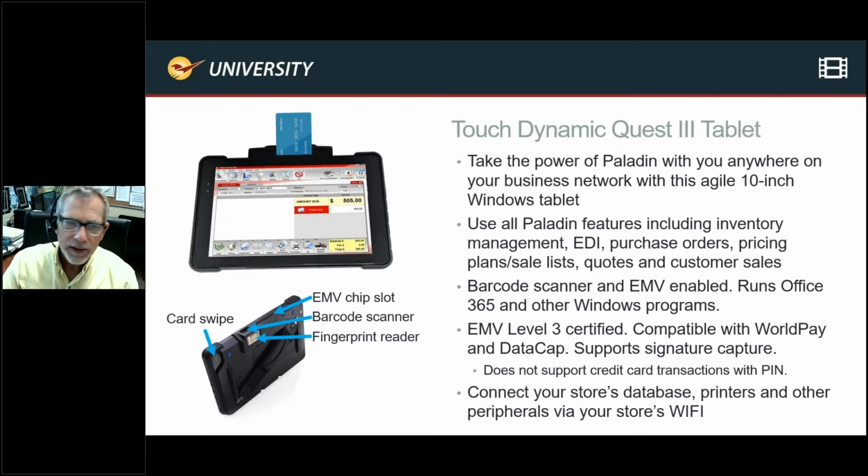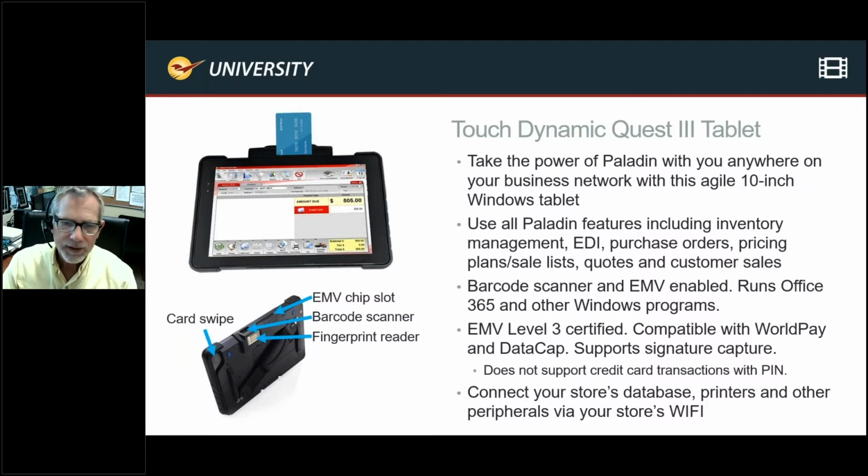The other caveat is there's no place to sign and put in a pin. There's a place to sign, but there's no place to put in a pin. So that would require a separate device. So on this particular unit, most credit cards are taken and accepted, but those that require a pin, it won't be able to be transacted on this particular terminal.